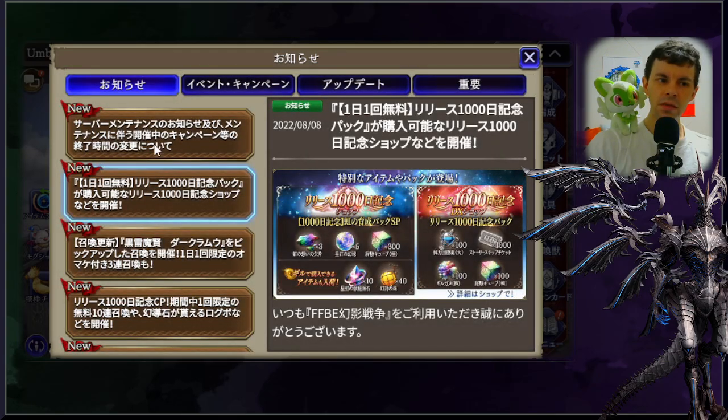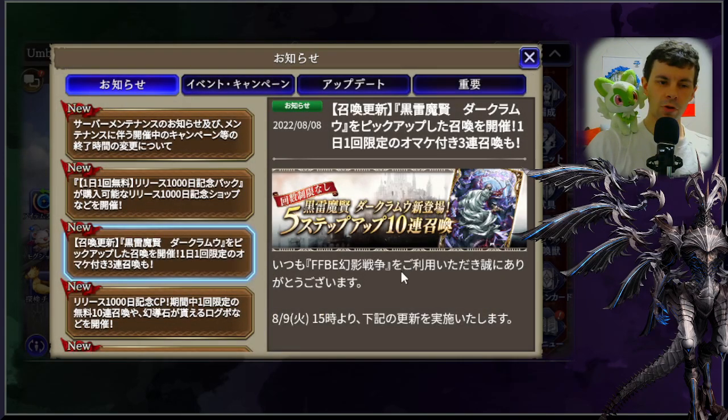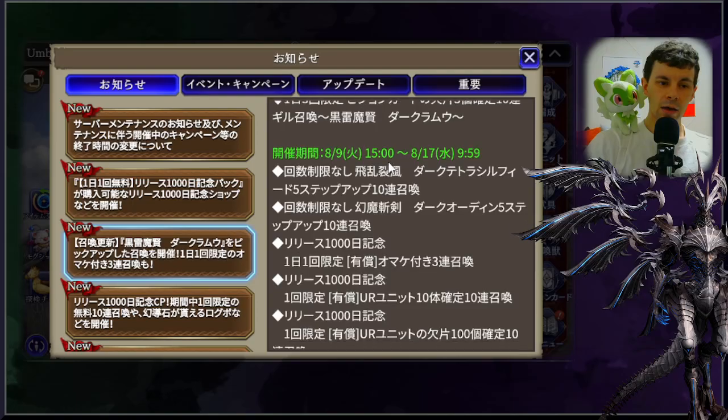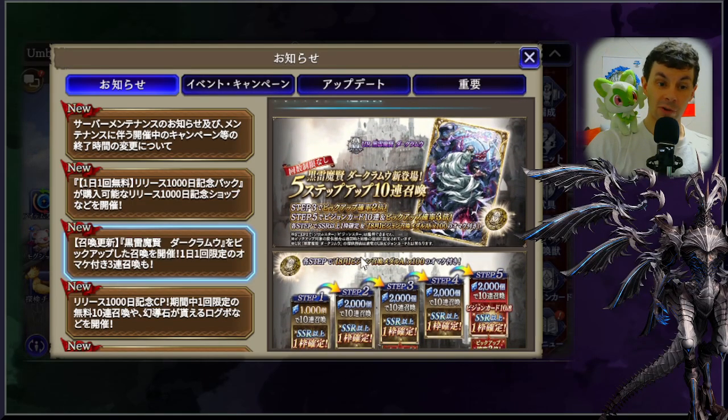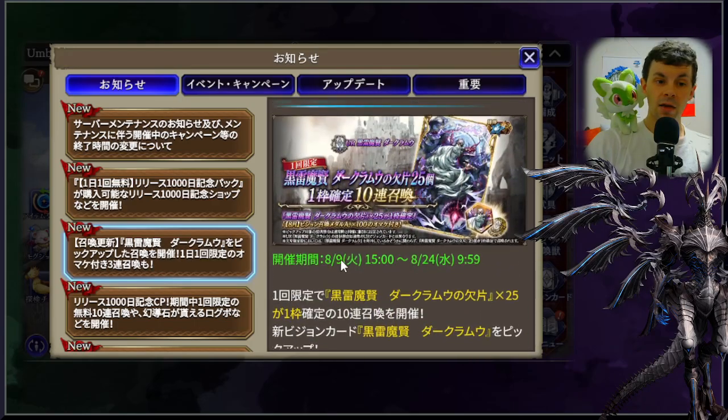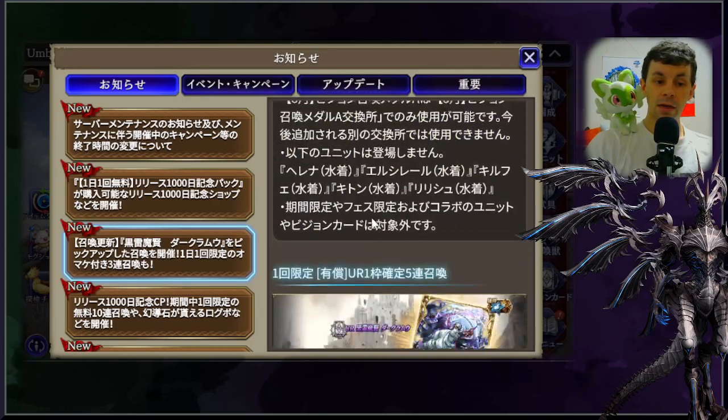But we did get a little bit more confirmation this week about the fact that it's not just one banner that we're getting this week for 90 cost vision cards. It's actually, well,